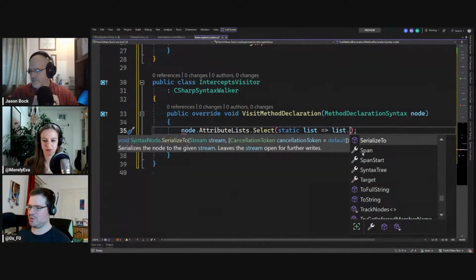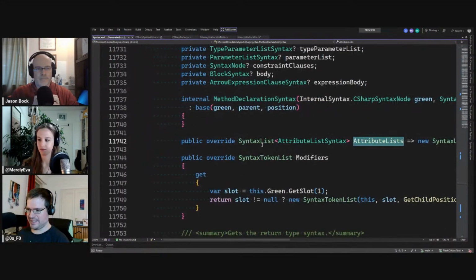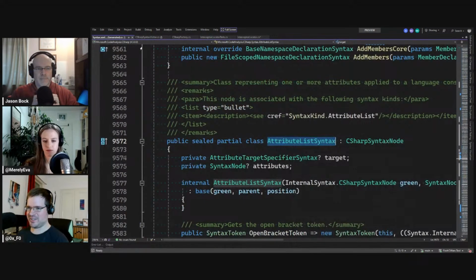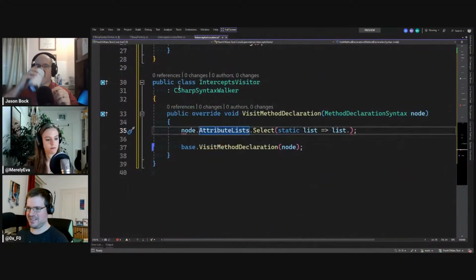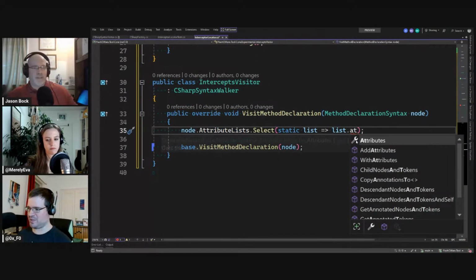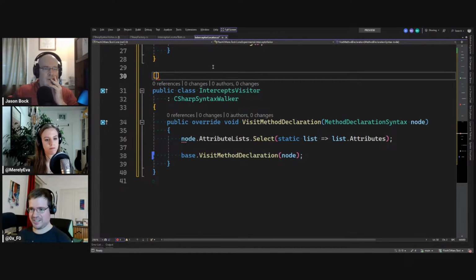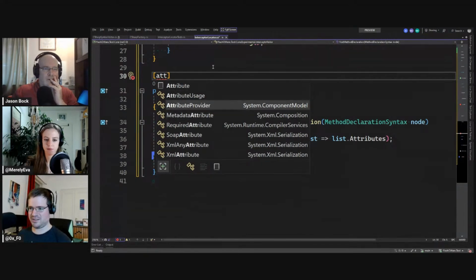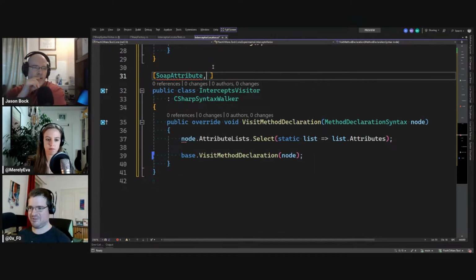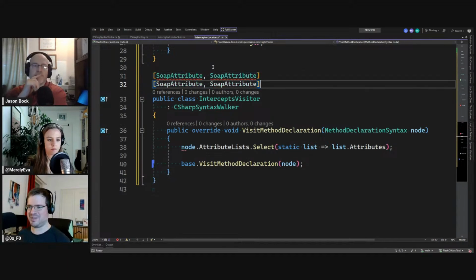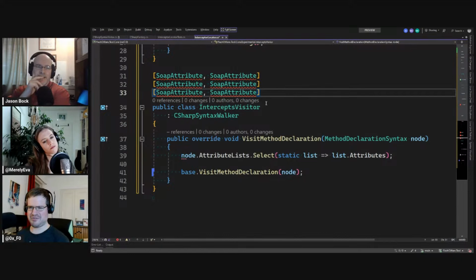Cool. So we have an attribute list, and that's a syntax list of attribute lists. So that's kind of a list of list thing, if I get it right. So we now have attributes there. If I recall correctly, I think this is because we could have some attribute in here. Let's put attribute soap attribute, and I think we could have, like, within one list we could have, if this would allow multiple stuff, I think we could have something like this. So we would have 3 here and per list 2 each. Do I get that right?